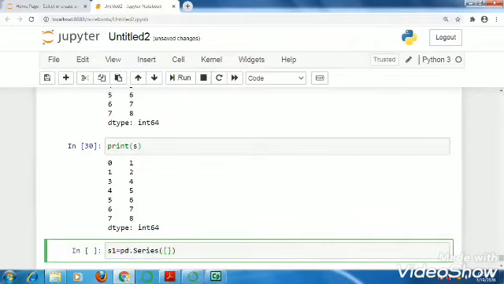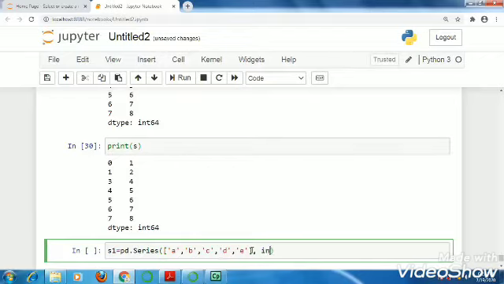Suppose the data part is A, B, C, D, E. This is the data part.